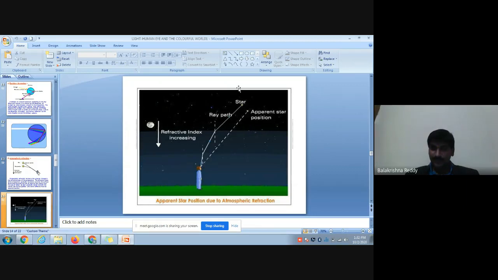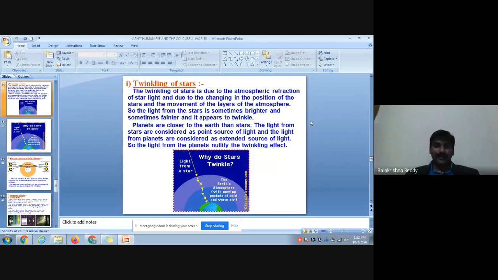Actually, the position appears here. They have separated it to understand longer distance and shorter distance. The apparent position is the shorter distance. This is the longer distance. This diagram is supposed to come here. So that is nothing but refraction in the case of the atmosphere.